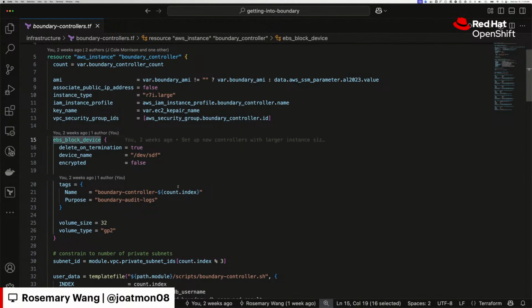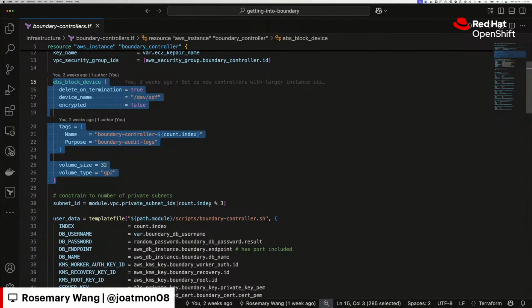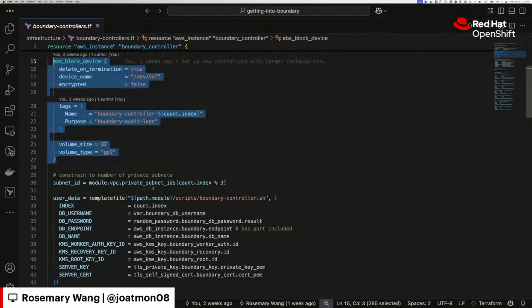So EBS block device is one of those attributes that you can define through the AWS API. So the block device you need to add as an attribute. And there's this second portion that a lot of people miss. Not only do you have to define it for the provisioned virtual machine, you also have to define where in the machine itself the volume is located and how it's being mounted.